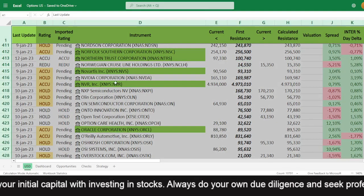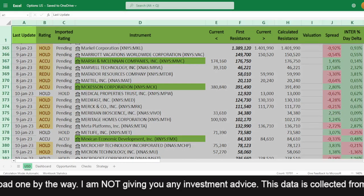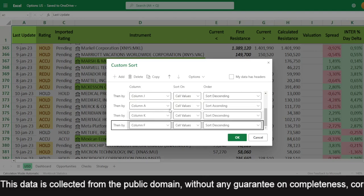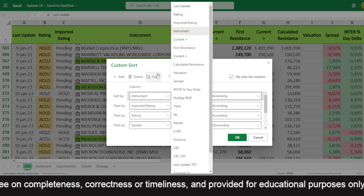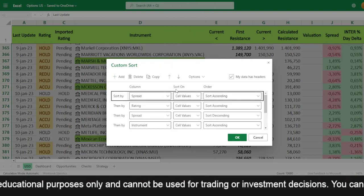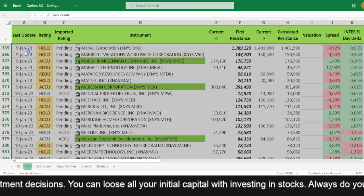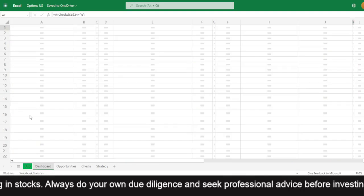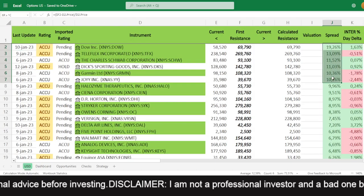For wrap up, let's have a look what the current sweet spot looks like. Let me sort this on spread and on rating. Version rating, then on spread. That will give us the sweet spot for today. If we look at the dashboard, we should find 6 of them in the sweet spot, and indeed we're finding